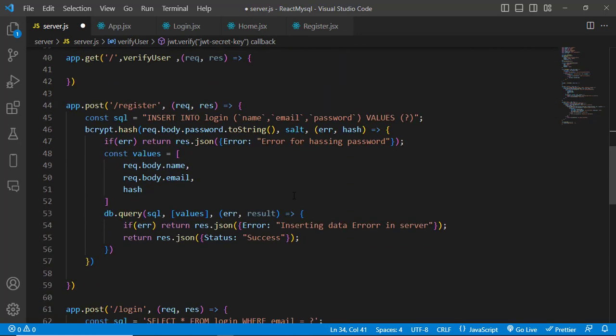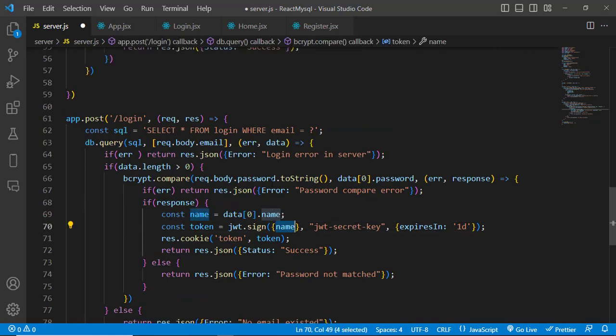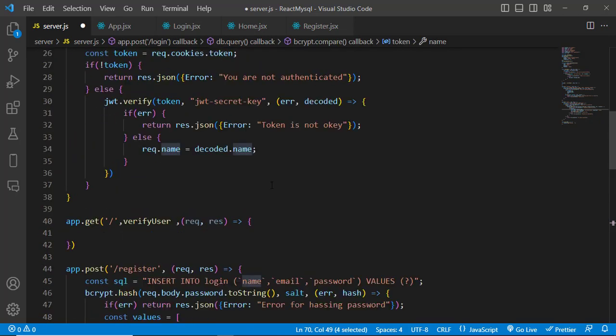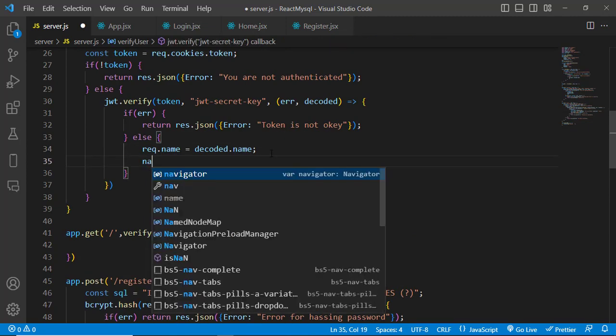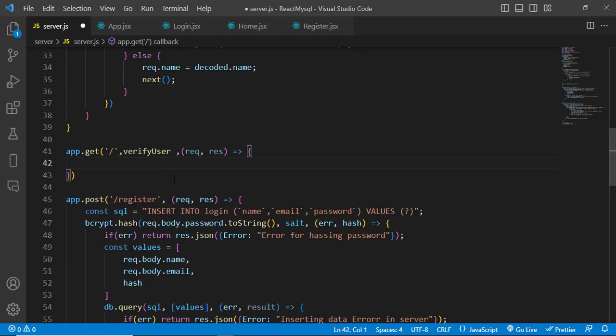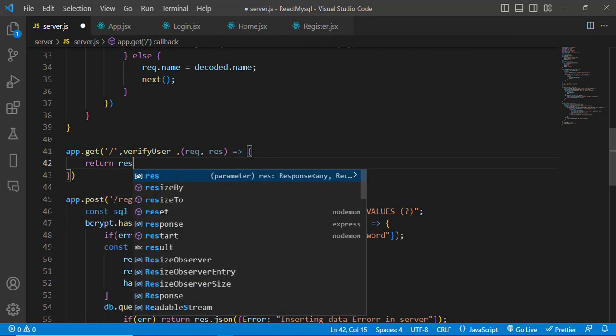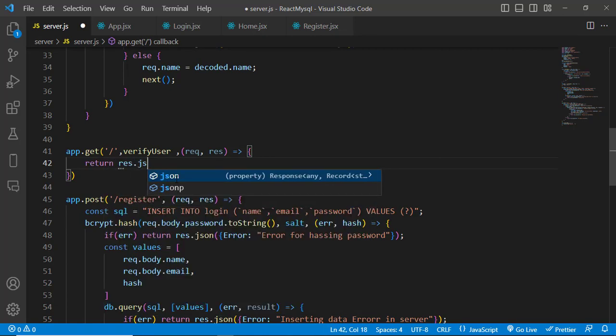This decoded name means that we had coded this name earlier, now we decoded that back, and now we will call our next middleware to move back. Next, call that, and it will come back to our home page, and here we will return something, success, return response dot JSON